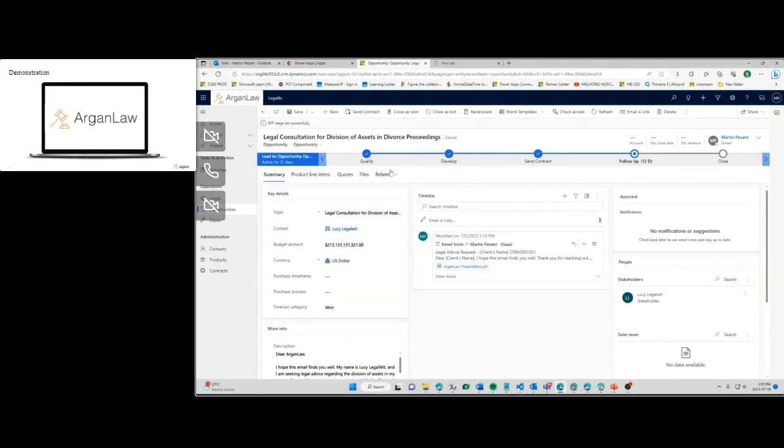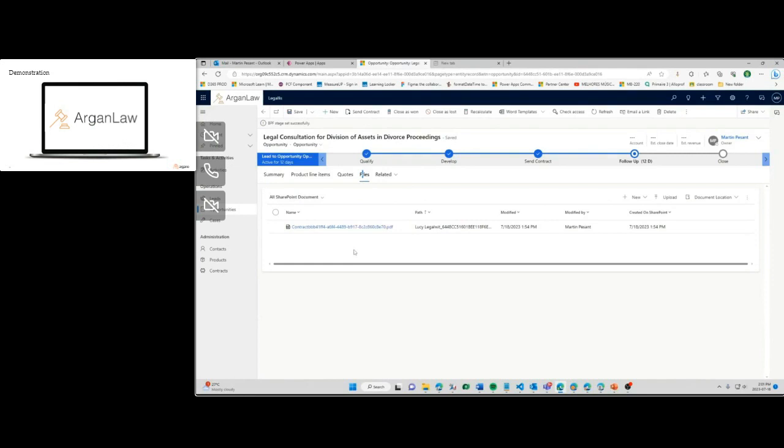All right, so in our opportunity there, we were at the point where the contract was signed. And since we're trying to streamline the whole document process, we start the conversation with the client, then we send a contract to the client with all the details and payment methods and pricing. So that is all done automatically. So we no longer need any document at all.